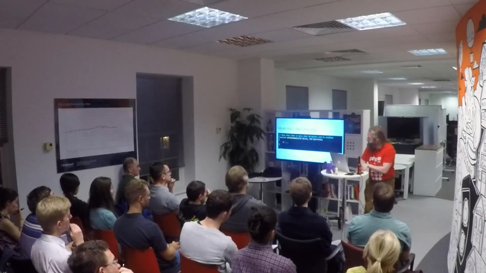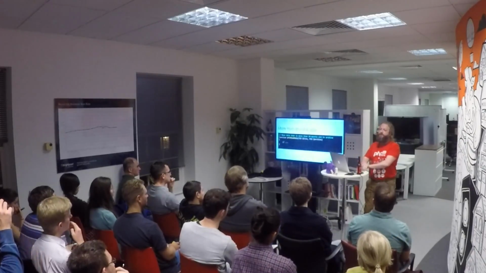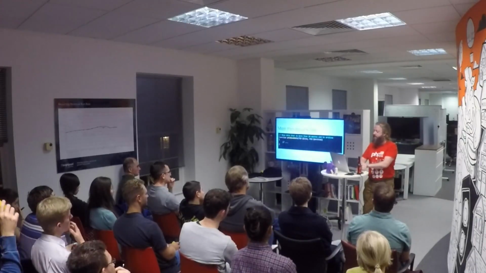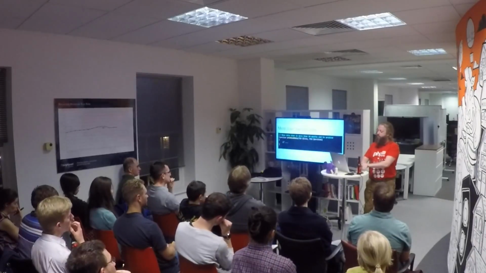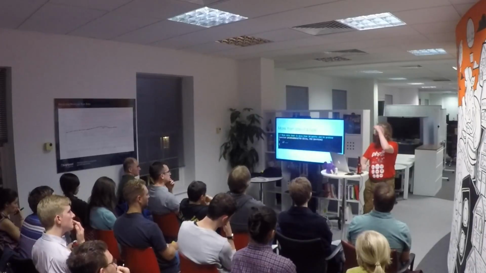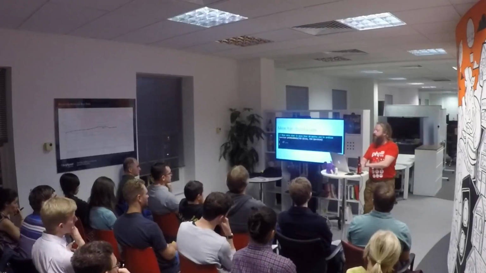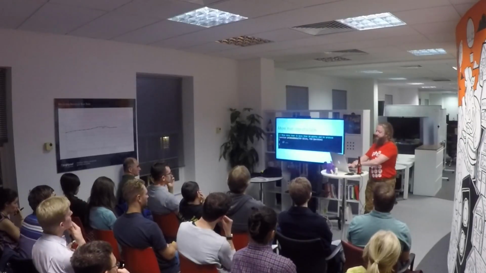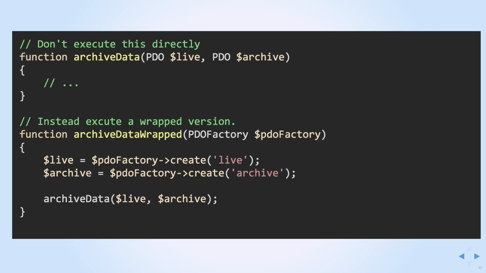So we've got a function called archive data that takes two parameters, both of which are the same type, a connection to a database. Auryn just doesn't understand this at all, because it only knows about types, and when you've got two things of the same type, it's just going to get confused. There are two different ways to work around this. The first and simplest way, which I recommend if you've only got a couple of functions like this,